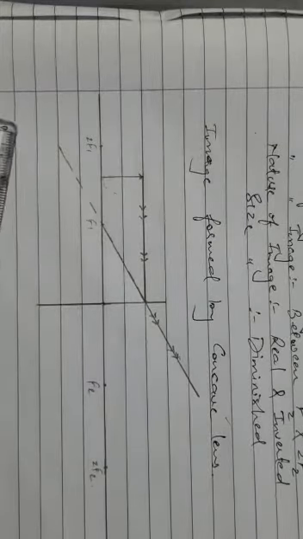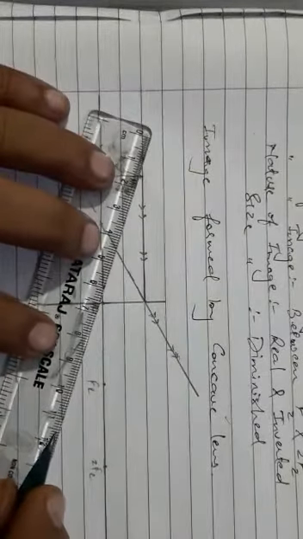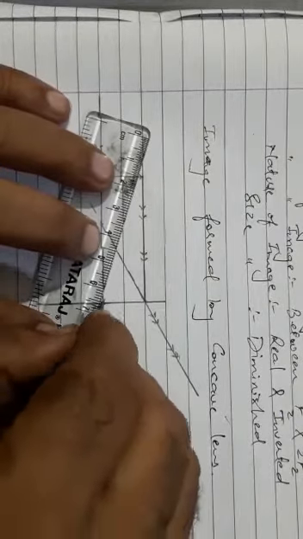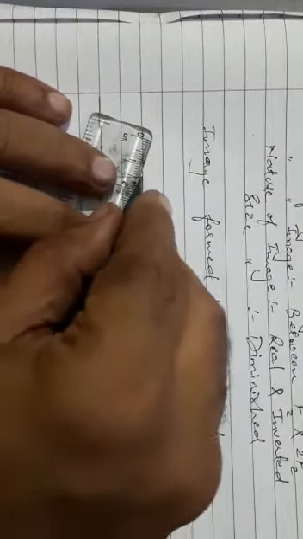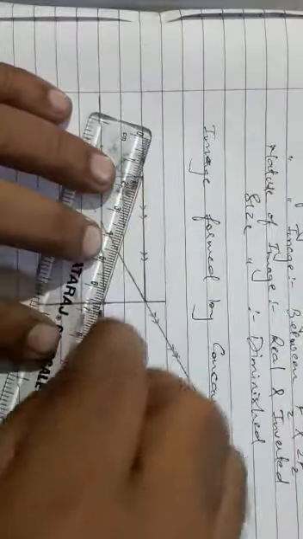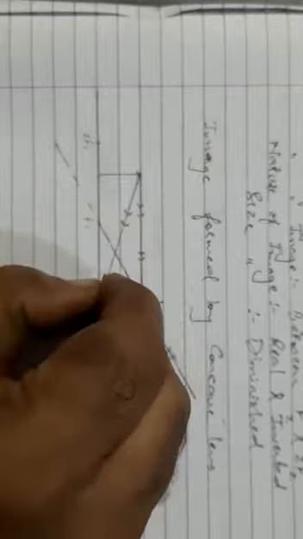The first line should pass in this fashion. The second line should pass from the center point, that is O, taken as the center point, so it needs to pass from the center point here, from A to O. Draw a line which is passing in this particular fashion, right? So this is passing in this fashion. So draw a ray diagram.